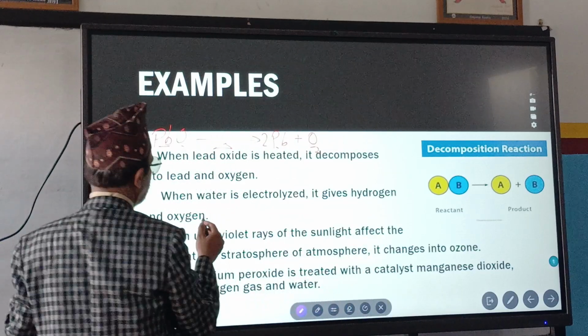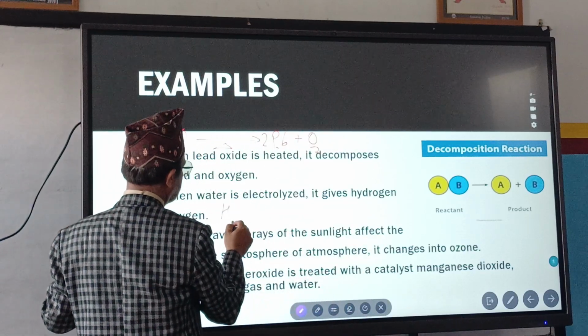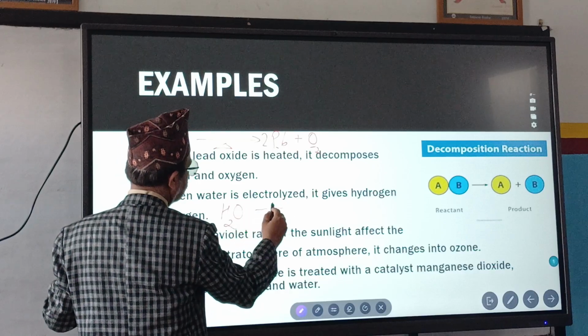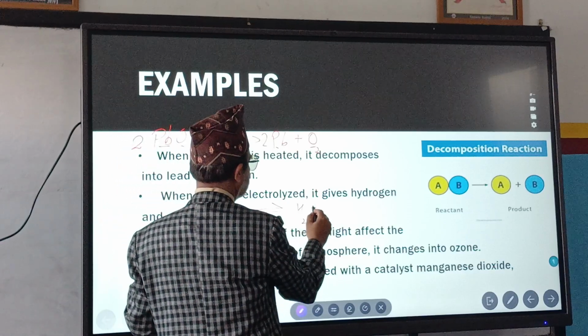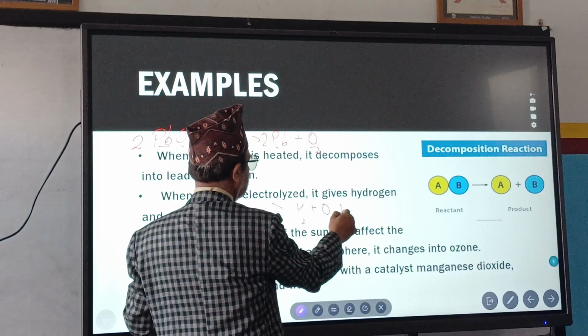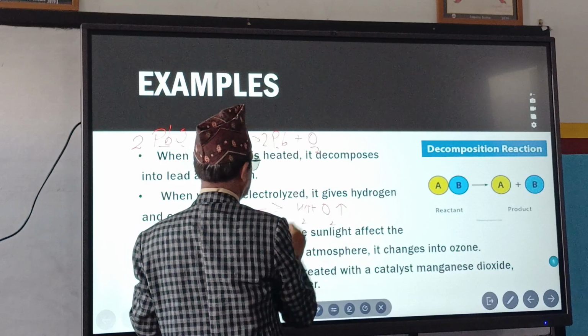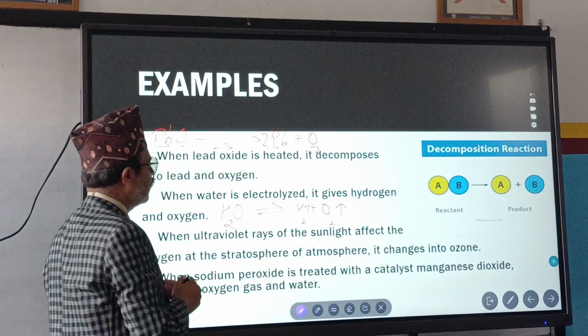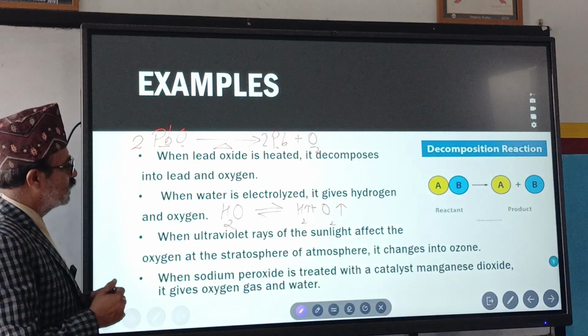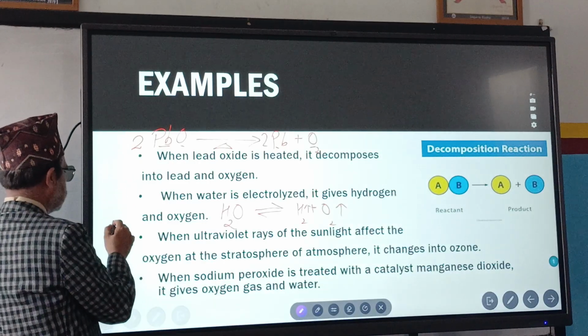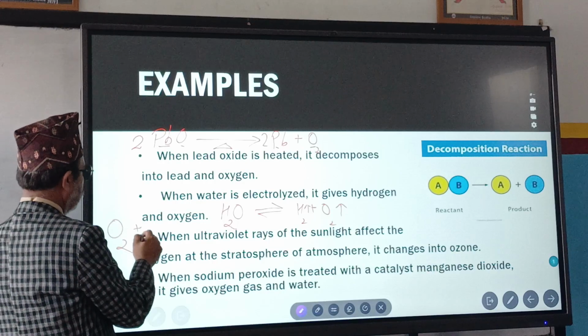When water is electrolyzed, so H2O, electrolyzed means electricity is passed, you will get H2 plus O2. So for gas, it will be like this here, right? When ultraviolet rays of the sunlight affect the oxygen at the stratosphere atmosphere, it changes into ozone. That means O2 plus O,